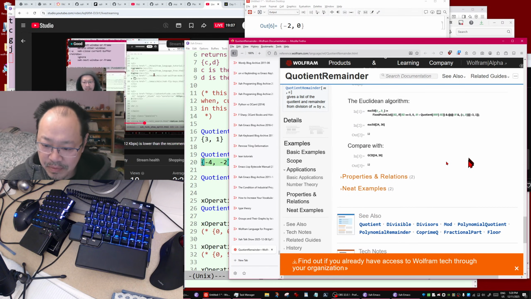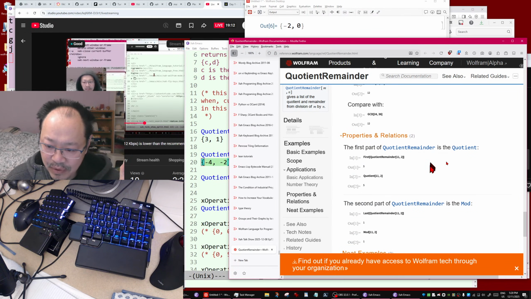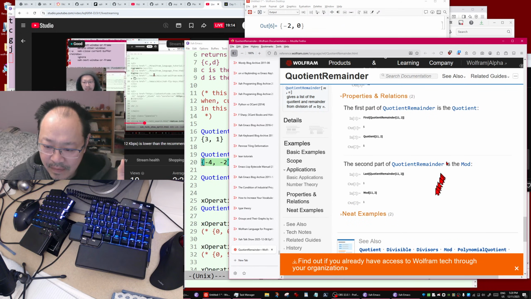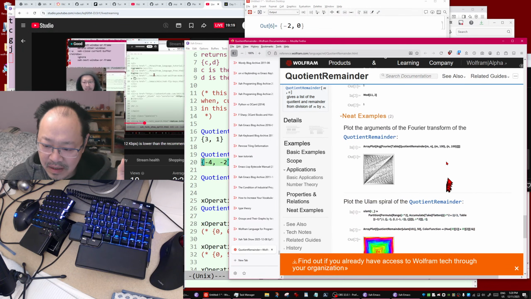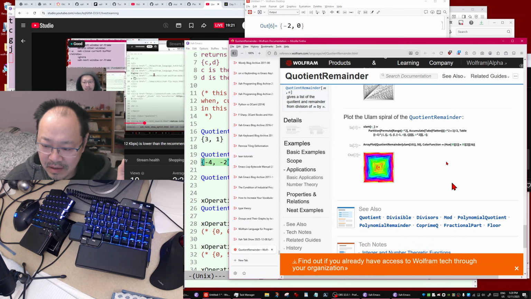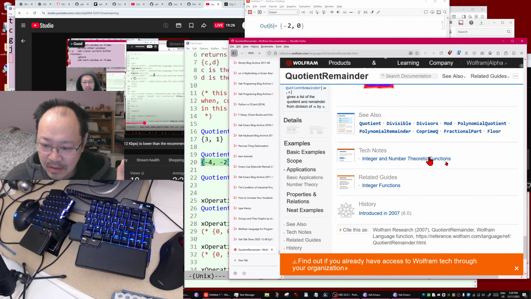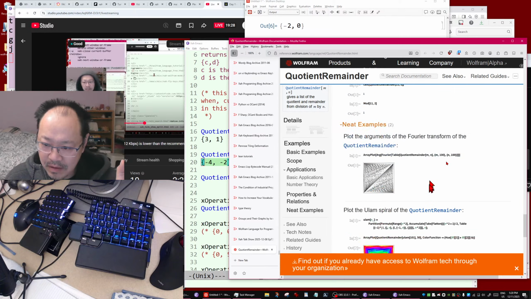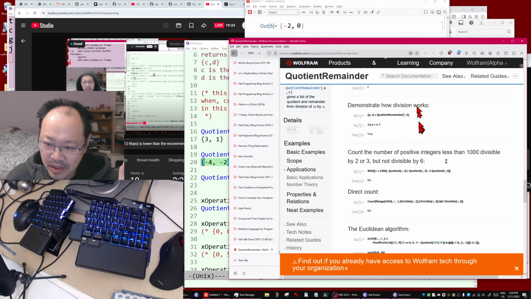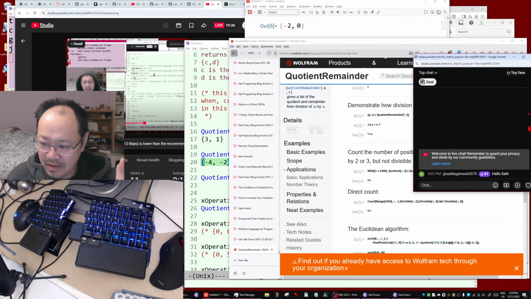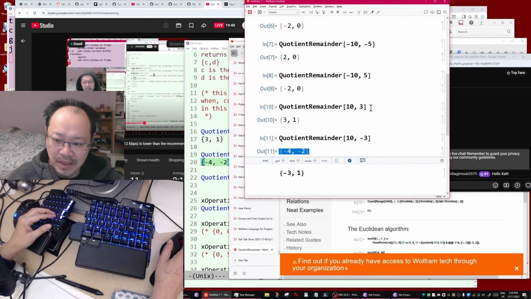Okay, some examples, but they did not mention negative numbers. What if the input is negative? It did not mention negative numbers. I think this is a flaw of the documentation. Can you guys see what I'm seeing? You see the quotient remainder